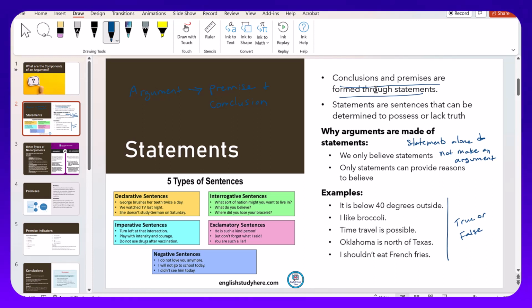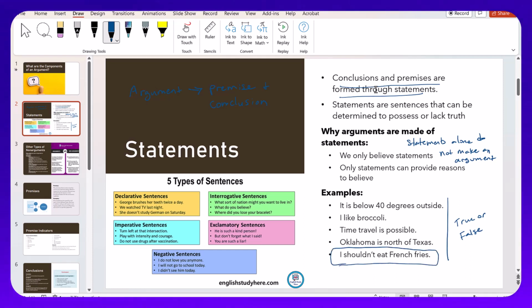Now, since statements can lead to arguments, rap music is better than punk music, for example, in itself is not an argument. But that statement being said could lead people to expand on that and end up making an argument. Whereas if you just say, I like broccoli, it's less likely to lead to an argument. I suppose anything could technically lead to developing an argument from a statement, but there are clear statements that are likely to lead to arguments and ones that are not. I shouldn't eat French fries, for example,